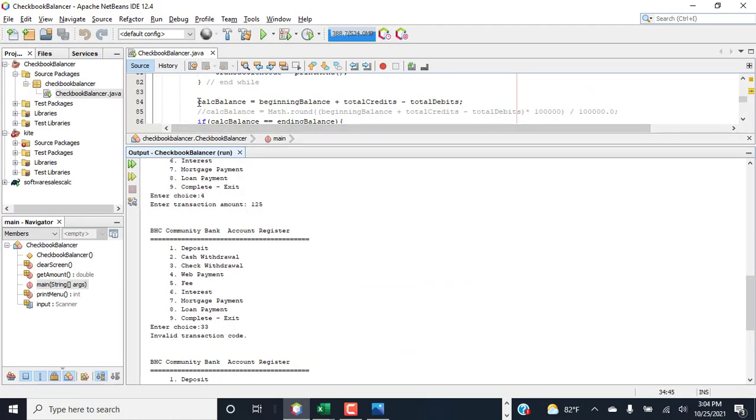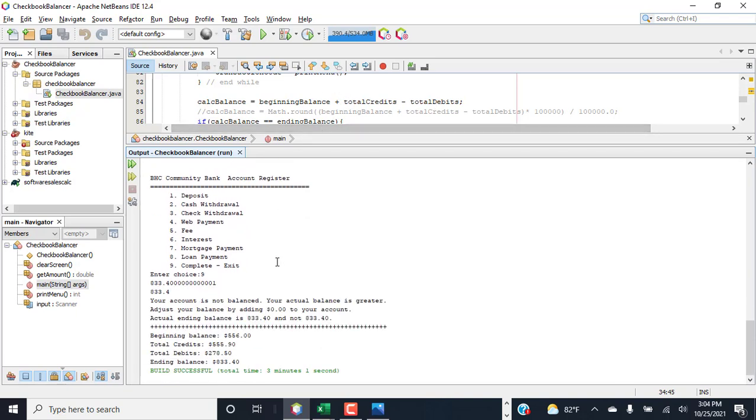Okay, so here is the statement. My variable calcBalance is the calculated ending balance. The calculated ending balance, I said, was the beginning balance. I added the accumulator for credits. I subtracted the accumulator for debits. This executed, and this is what my calcBalance was. This is what I entered. So I went ahead and changed this